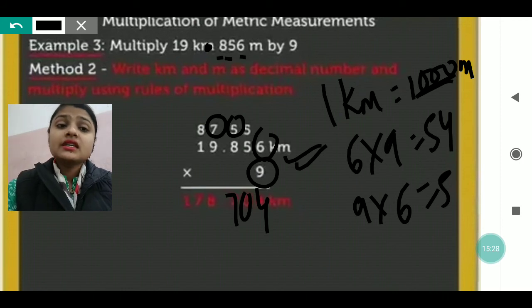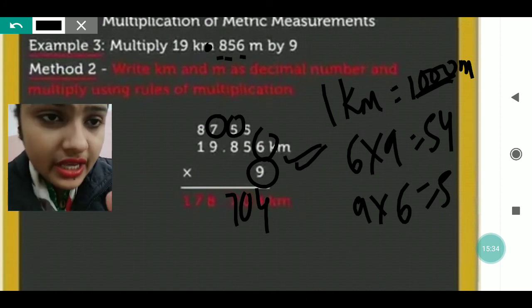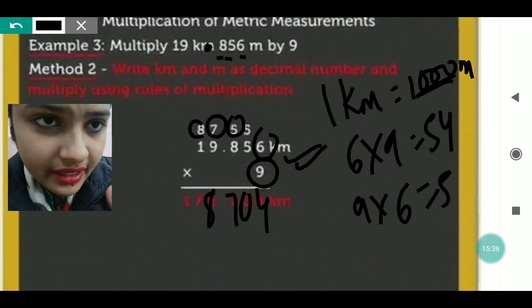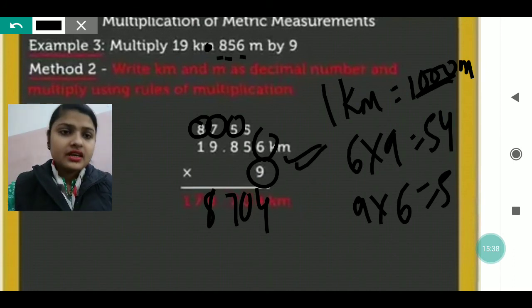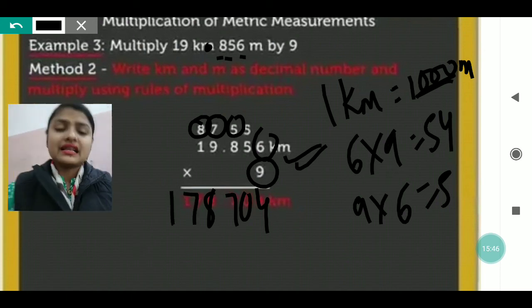81 plus 7, yes, when you do, you will get 88. So 8 only will be written down, and again 8 will be taken as carry. Now 9 into 1, 9 ones are 9, and plus 8 is 17. So we will get the answer as